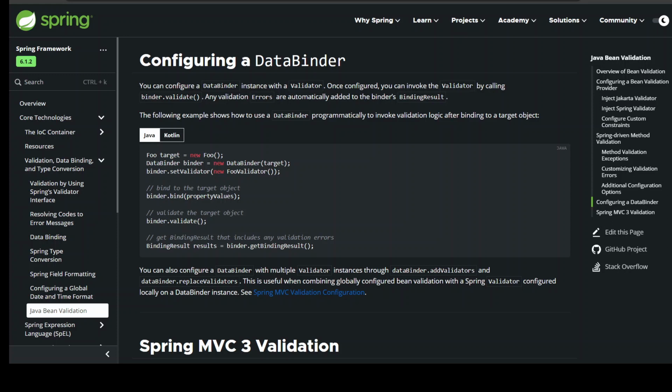The following example shows how to use a DataBinder programmatically to invoke validation logic after binding to a target object. Foo target = new Foo(); DataBinder binder = new DataBinder(target); binder.setValidator(new FooValidator()); // bind to the target object binder.bind(propertyValues); // validate the target object binder.validate(); // get BindingResult that includes any validation errors BindingResult results = binder.getBindingResult();